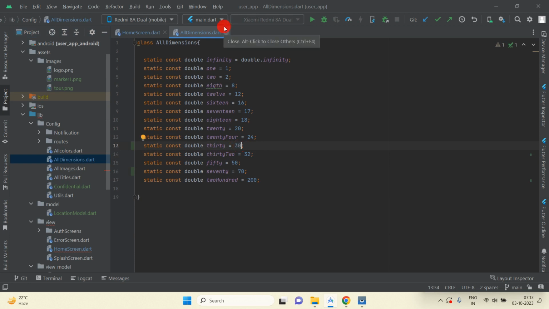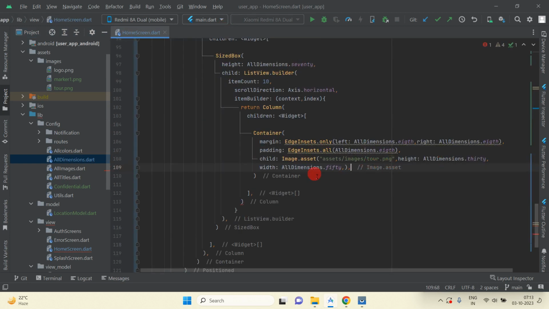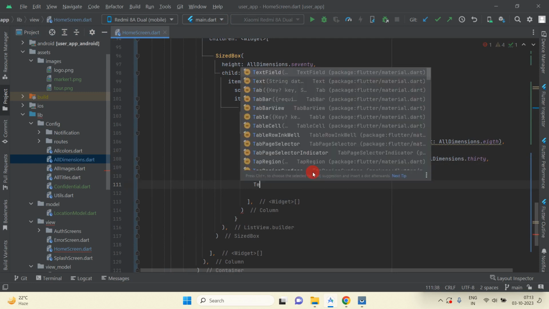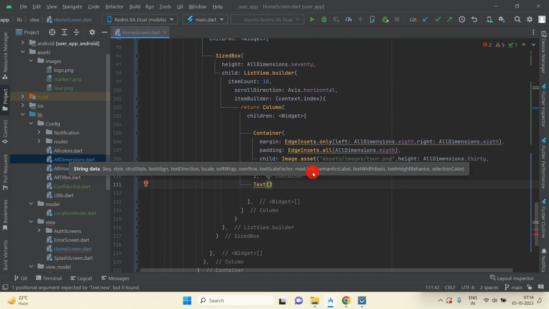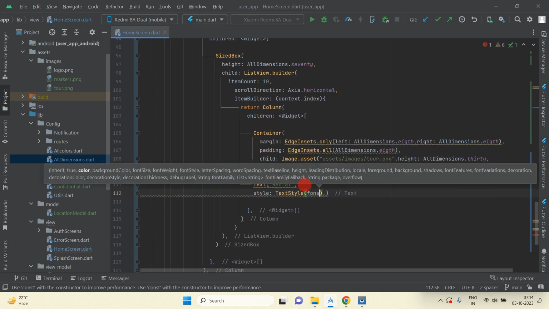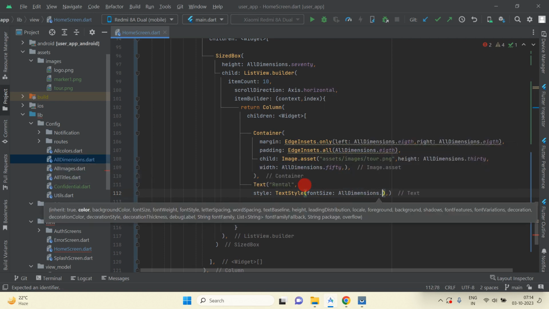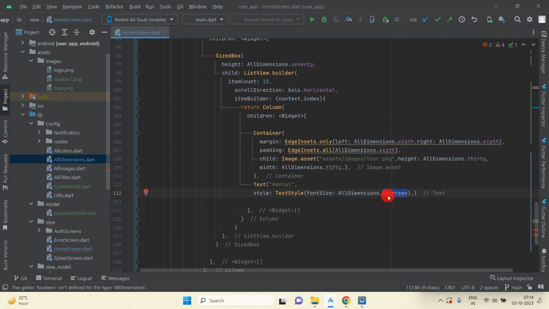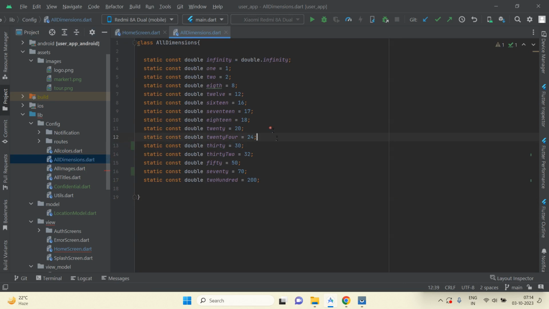Okay, and now I'm going to take one more variable, text, so the text will be rental, and I'm going to apply some styles, so TextStyle, and the font size will be 14. So AppDimensions dot 14. Okay, and just open this dimension, and after 12 add 14 dimension,